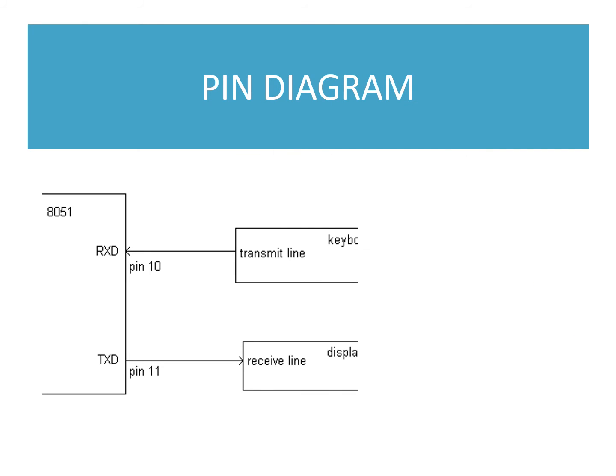So to make this in a more detailed way, I have connected even a pin diagram to show you that from the keyboard, where we give the input data serially, I'm going to send a string of data here. I'm going to give it from my keyboard. I need to type that string from the keyboard, and that will be sent to the RxD. RxD is nothing but pin number 10 of 8051.